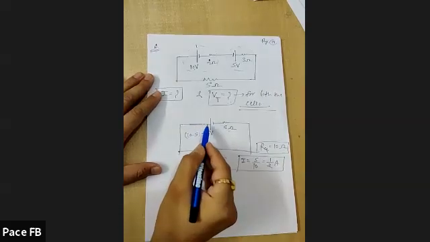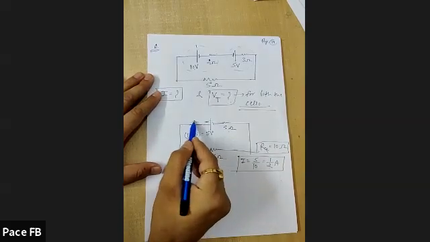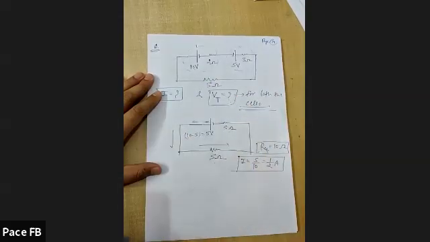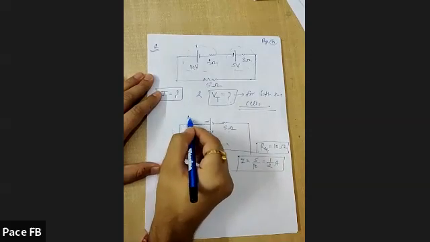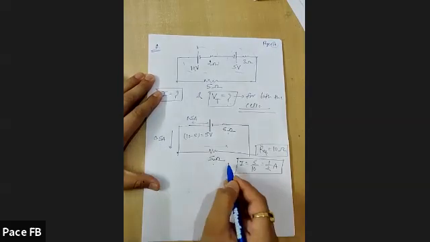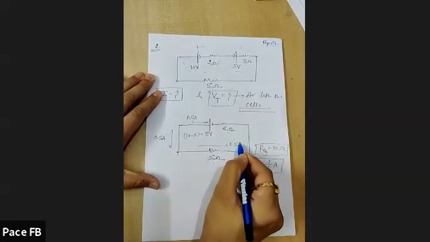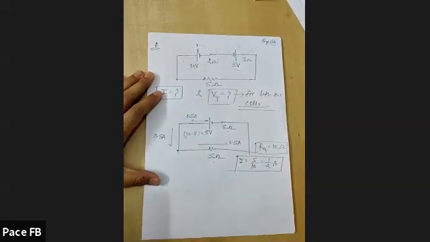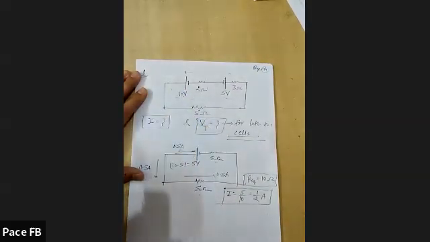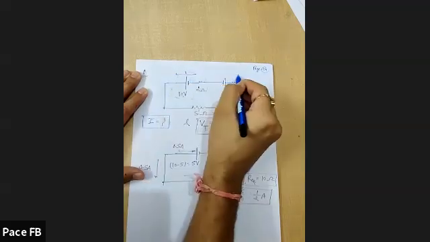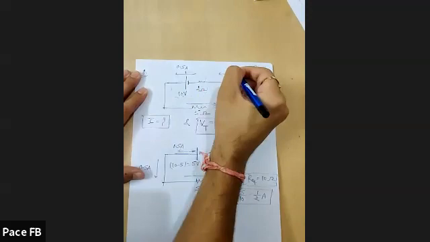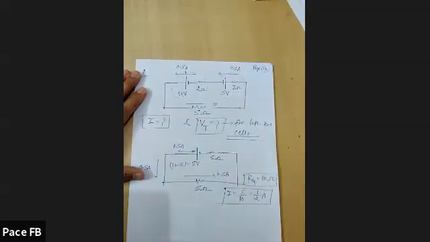And current will always start from the positive terminal of a battery. So current in this loop would be flowing in which sense? Anti-clockwise sense. Can you see that? 0.5 ampere in anti-clockwise sense. Now, if current is flowing in anti-clockwise sense, we will come to the original structure, so current is flowing like this. 0.5 ampere, 0.5 ampere.